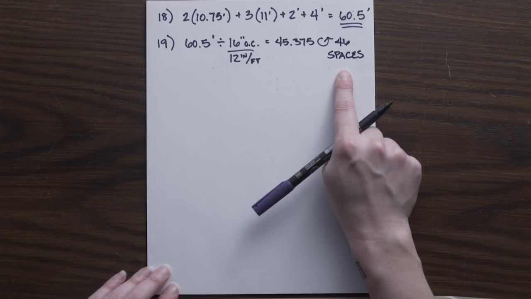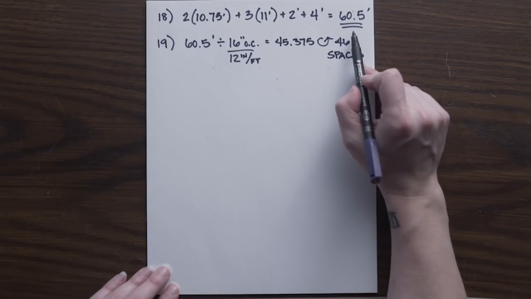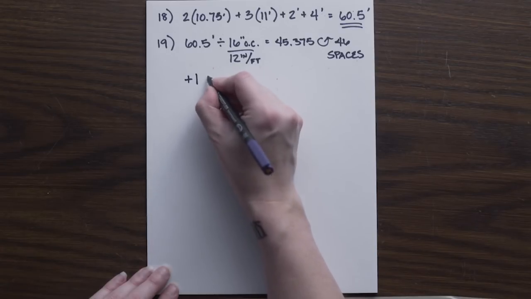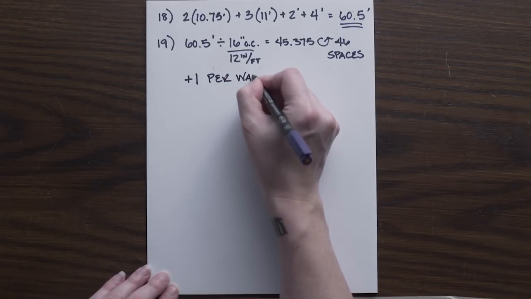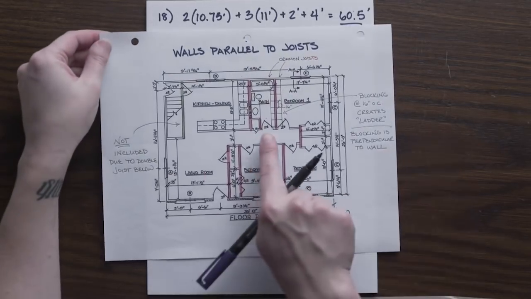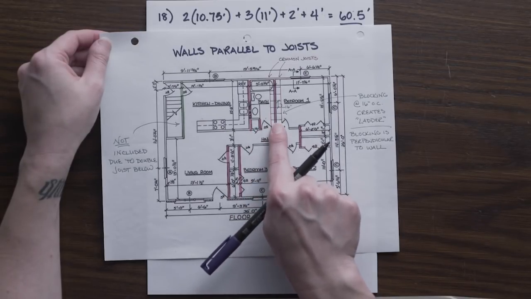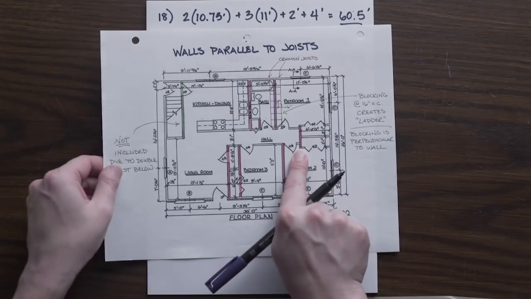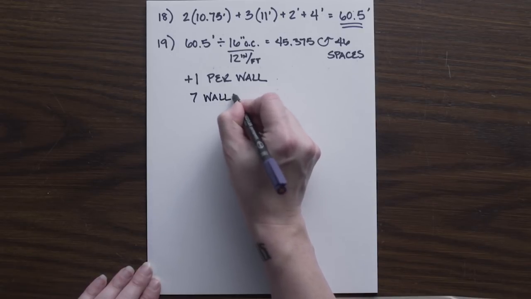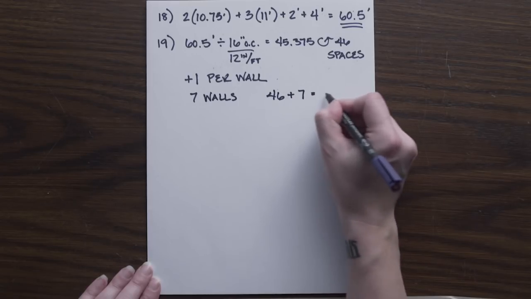At this point, we don't want to just add one because this is not a full long wall that is 60.5 feet. It is multiple walls that we need to close off. So what we're going to add is one per wall. We can look back at our drawing. We can see that we have the ones highlighted in pink, 1, 2, 3 across the front, 4, 5, 6 in the back, and the 7th one. So total we have 7 walls. So 7 walls means we have 46 from our spaces, plus the 7 walls, we have 53